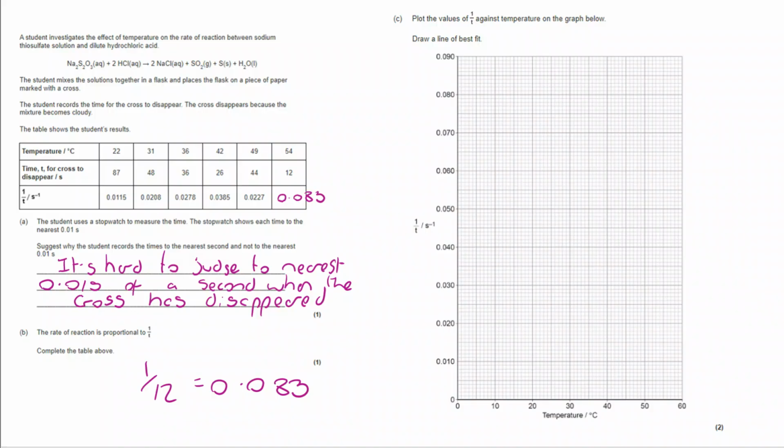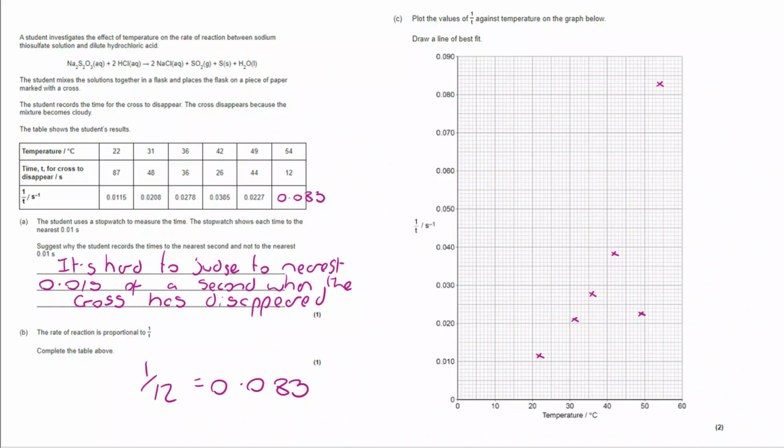The marks on the graph are for correctly plotting and drawing a line of best fit. So let's start working through. We've got our temperature of 54 at 0.083 that we can see here. 49 at 0.0227. We've got 42 at 0.0385. 36 at 0.0278. 31 at 0.0208 and 22 at